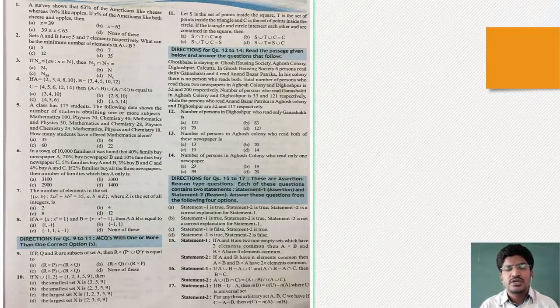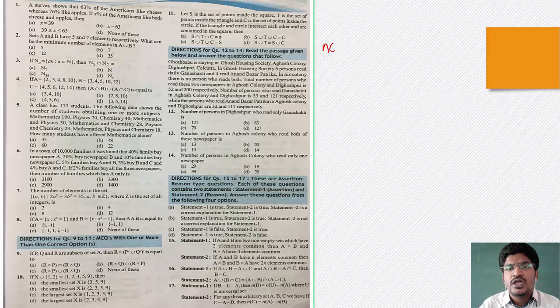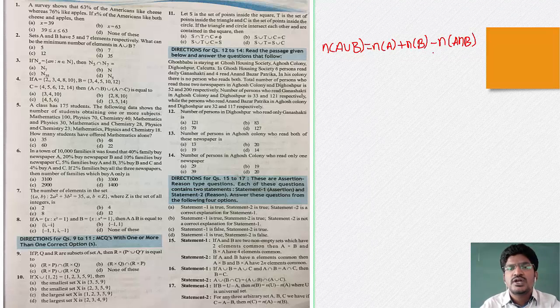That means the first thing you must know is the formula of n of A union B. What is the formula of n of A union B? n of A union B equals n of A plus n of B minus n of A intersection B. Clear, students? So here, if this has to be the minimum, this term has to be the maximum,